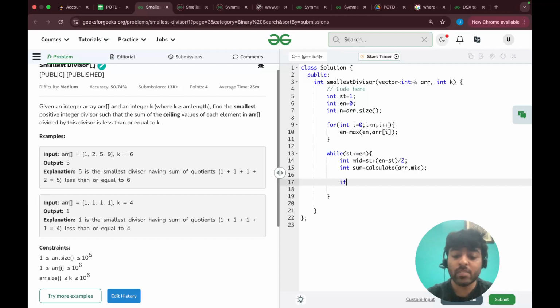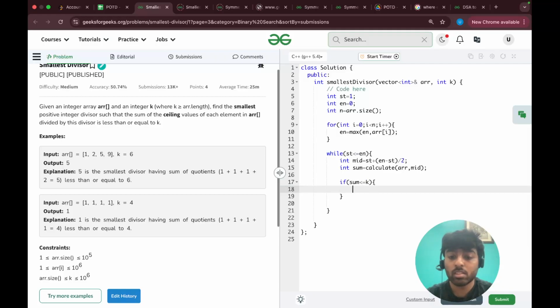Okay, then I will check that if my sum is less than or equal to k, then I will do end is equal to mid minus 1, else in the other case start is equal to mid plus 1, and in the last I will just return my start. Okay,